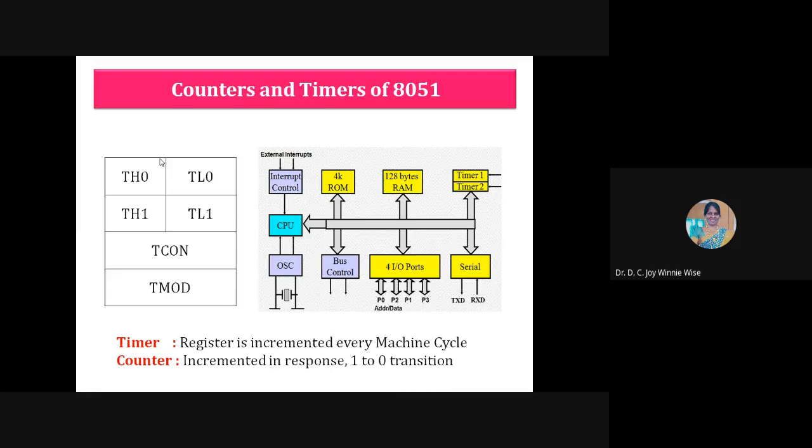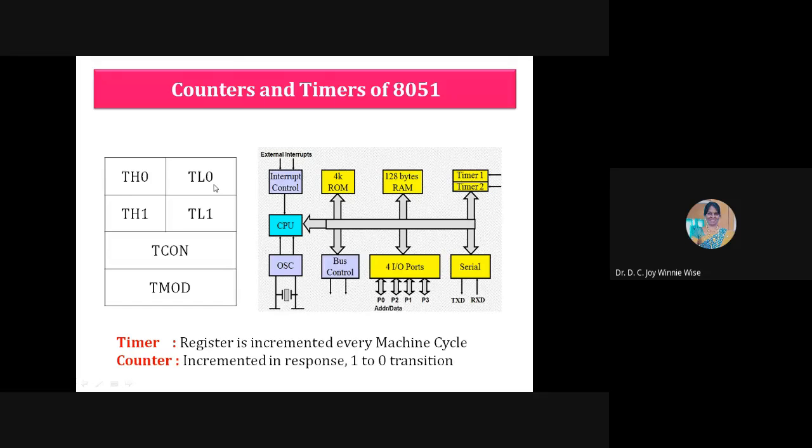So this value will be loaded in the timer register, that is TH0 and TL0, according to the need we want. For example, let us take the red light. It has to be in the on state for 15 minutes. So that value must be loaded in this register, TH0 and TL0. This is an 8-bit register and this is also another 8-bit register. Since it is 15 minutes, we can represent that by 8 bits itself, so the data can be loaded in this TL0.